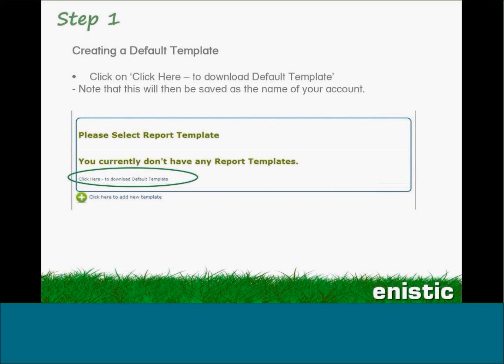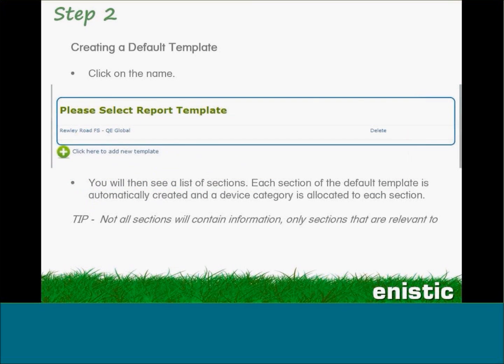But you can define a new report. You can either do it free form, creating your own reports as you see fit. Or you can use one of our default templates, which we put together for you. Or you can take a default template and modify it yourself, so you can use that as a starting point and then build from there. We've added a new template here, Ruley Road FS, QE Global, one of our customers, a good group of people, who do